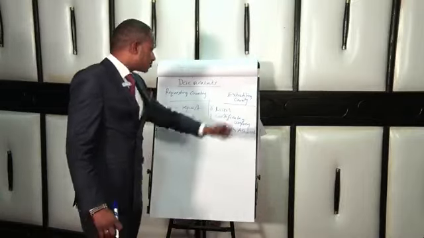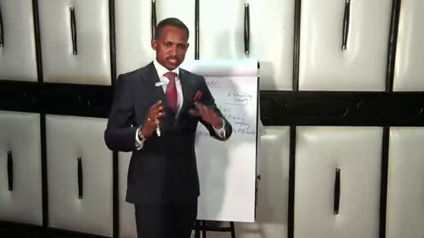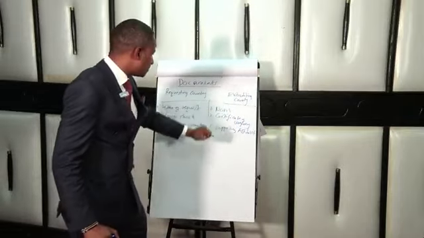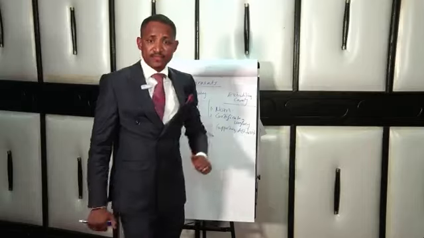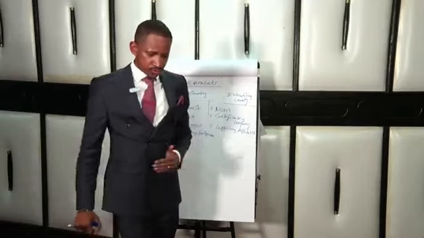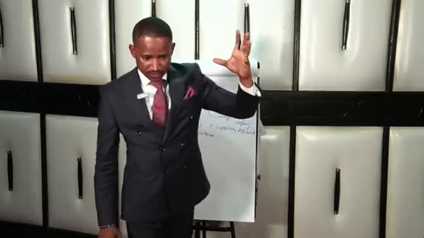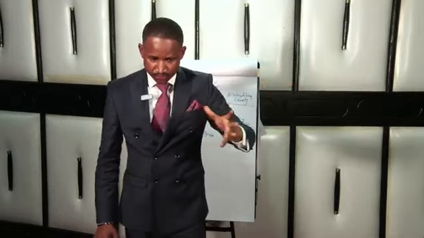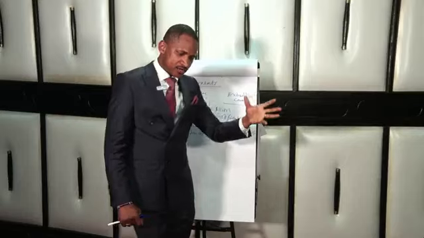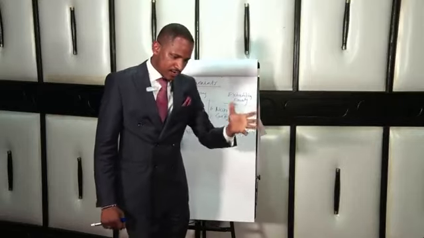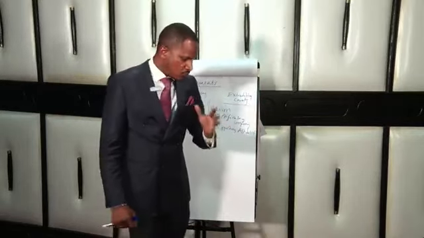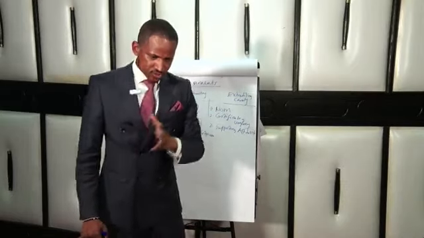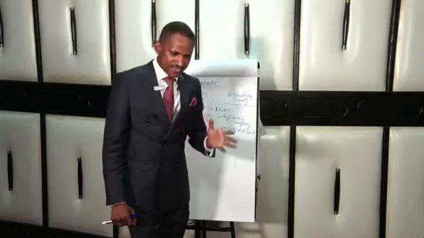Now, come back to notice of motion. So this is where I told you that I want us now to see how the court will be approached. The court will be approached by way of a notice of motion by the DPP. And the notice of motion, of course, you write the name of the court. Then after that, you write the parties. Then you write notice of motion. Then you start: take notice that this honorable court shall be moved on dash day of August 2024 at 9 o'clock